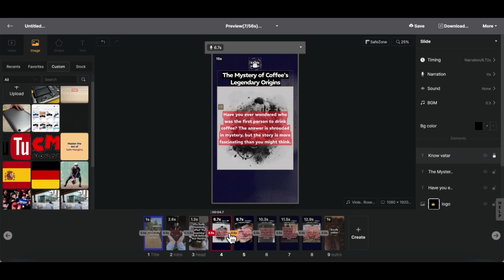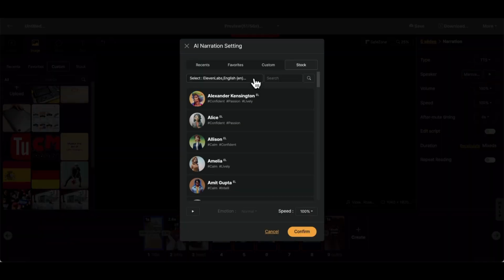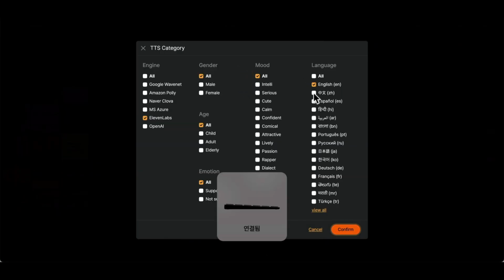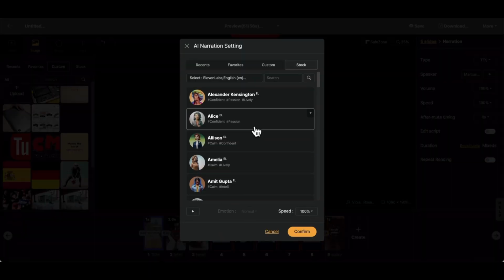Additionally, you can also freely change the voice. But since the change must be applied to all slides simultaneously, you are able to select multiple slides in this way. You'll want to go to the Narration tab, and it's currently set to text-to-speech. You can select this name and then choose a brand new voice from the various options that are available there for you. It's presently configured to English with 11 labs chosen at this moment. If you click on it just one time,